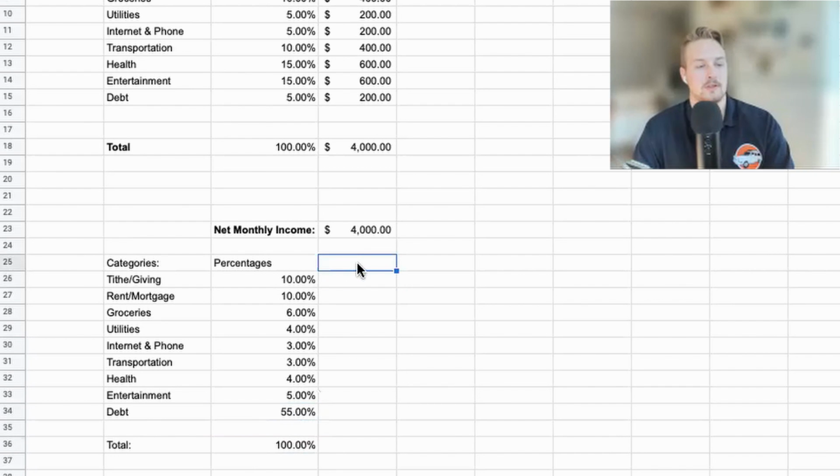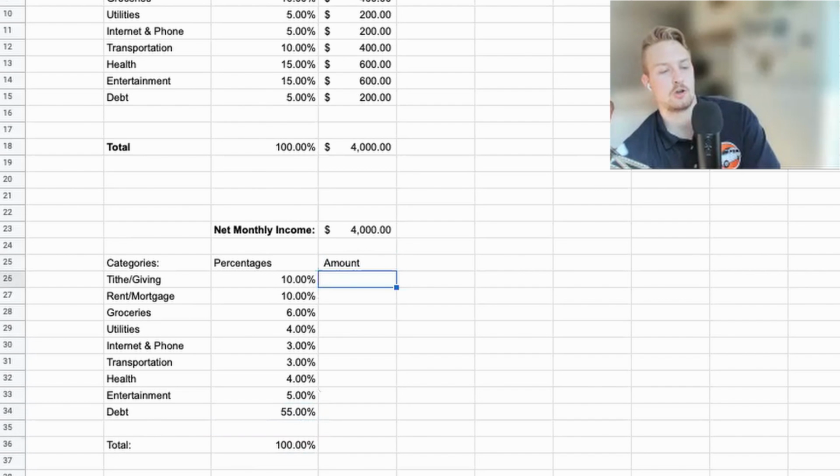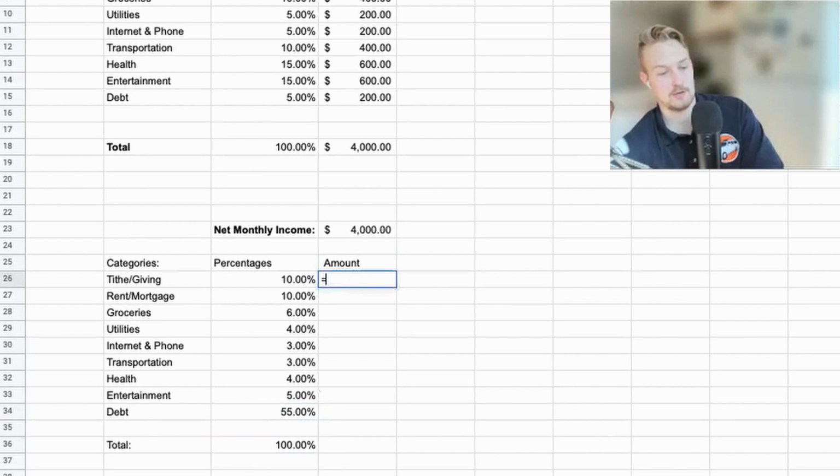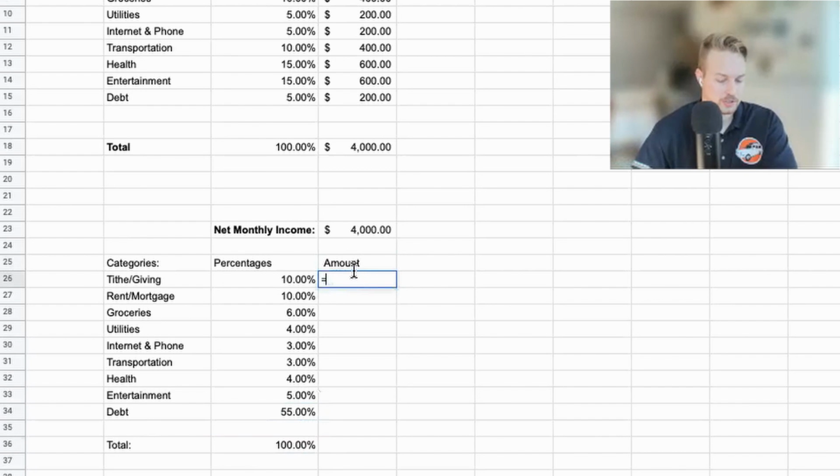And from here, we need to know what dollar amount does that actually equate to. So we're going to put amount at the top. Then we're going to hit our trusty equal sign again. We're going to use a command click because I'm trying to think, I'm using a Windows keyboard on a Mac. So command click onto your net monthly income. And from there, you're going to